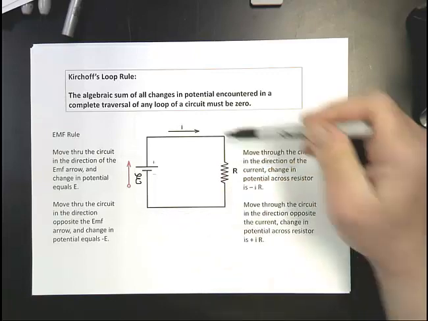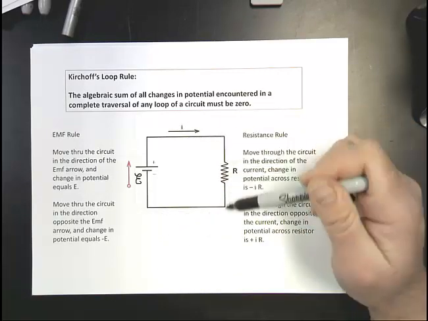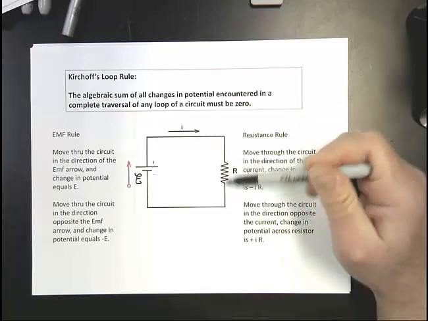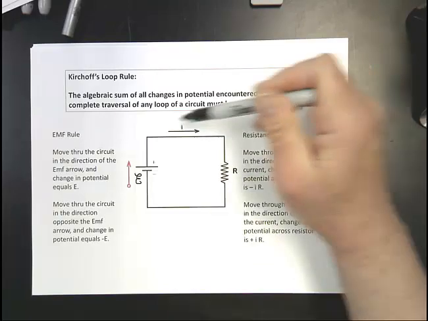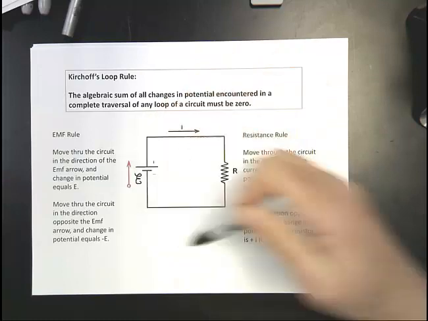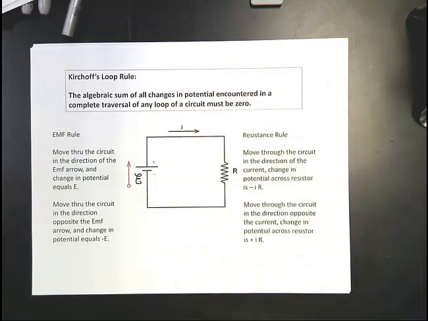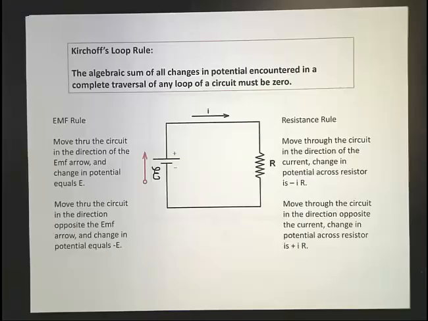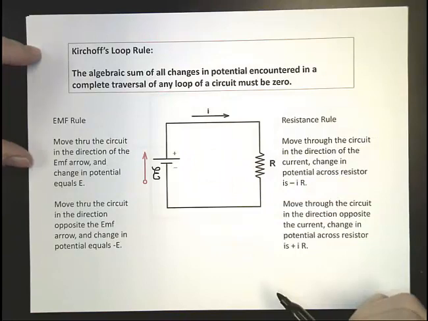If we're moving in the opposite direction, we're moving up the waterfall. We're going up from a low to a higher potential. So if you decide to move this way around the circuit, when you're writing your equation, you put in a positive IR. All right, so in real simple terms, if you wrote the equation for this particular loop,